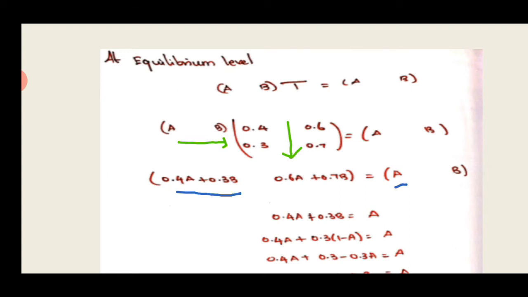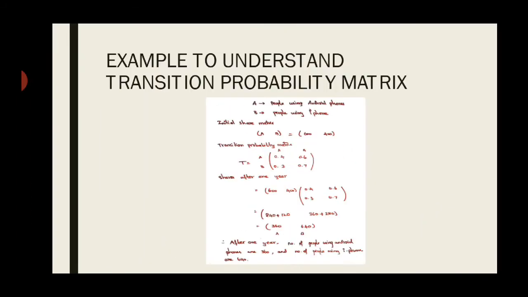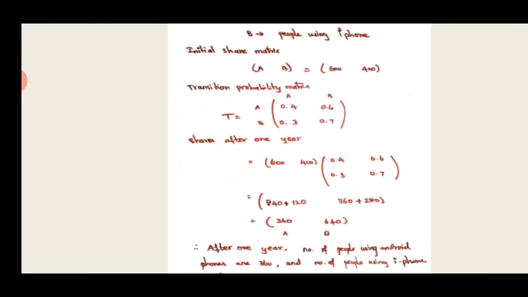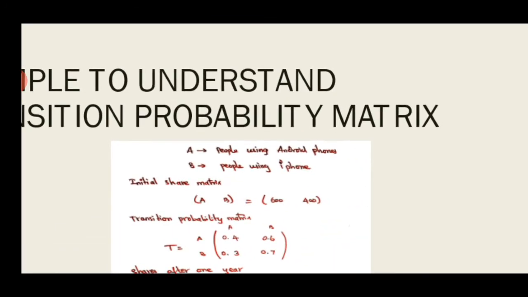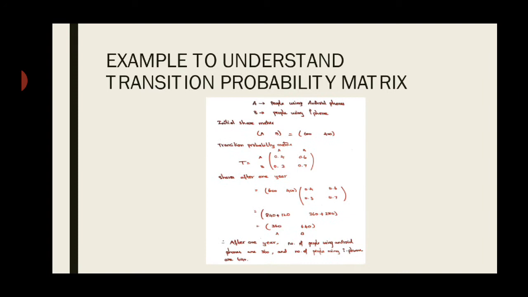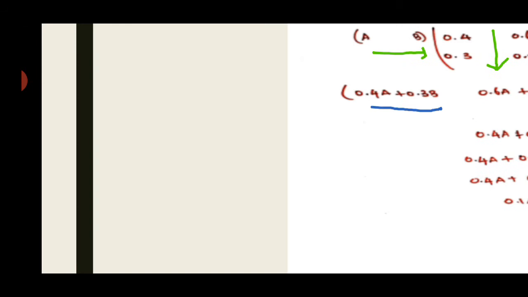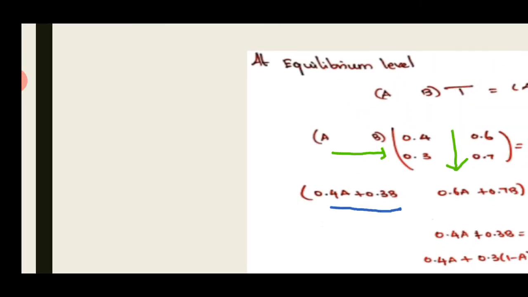Now let the AB matrix be the green arrow matrix you can see. The T matrix we already have seen in the question: 0.4, 0.6, 0.3, 0.7. I take it, and now we have to write it in place of T, equal to the AB matrix on the other side. Now for the normal multiplication, choose the first row here and multiply with the first column.